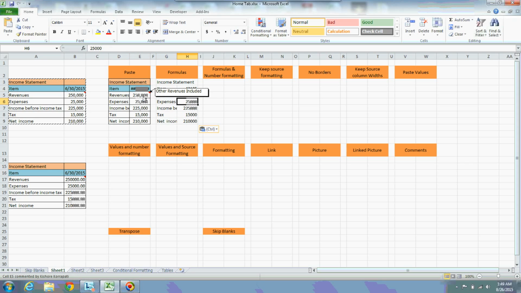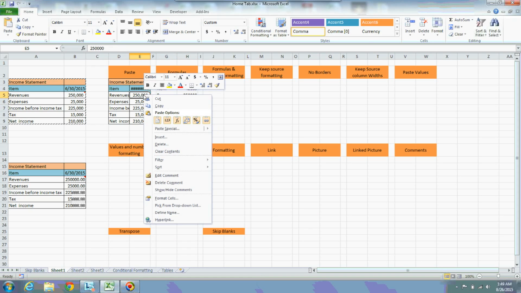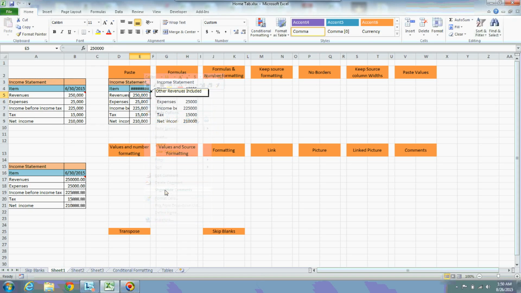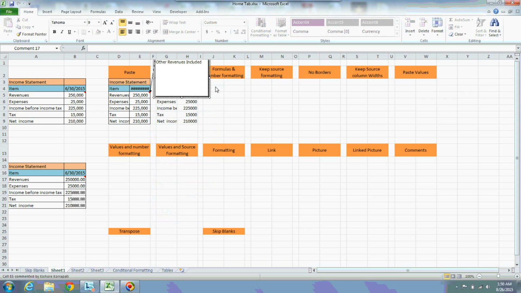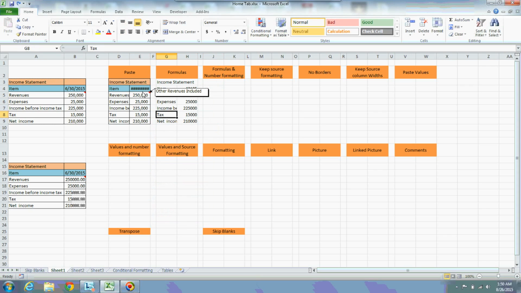So you can also show and hide comments. We have already learned how to show and hide comments in the previous lessons. So this is how a comment will appear. You can see this comment in the first option, paste. If I use Control V, all the formatting and everything will be copied from source to destination.